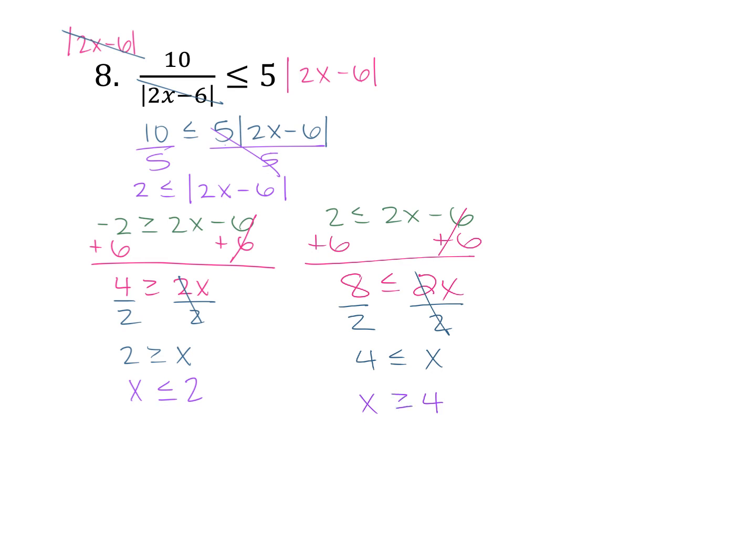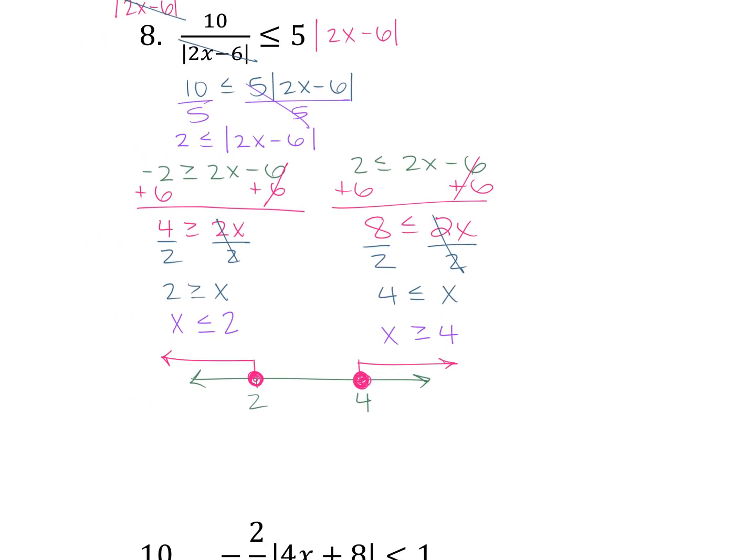So on our number line, 2 is going to go to the left, 4 is going to go on the right. The 2 is going to get a closed circle because it has the line underneath the inequality, so it's equal to. And then my sign points to the left when x is first. My line's going to go to the left. For the 4, again, closed circle on the 4 because it's also equal to. When x goes first in our inequality, your sign points to the right, so your line's going to go to